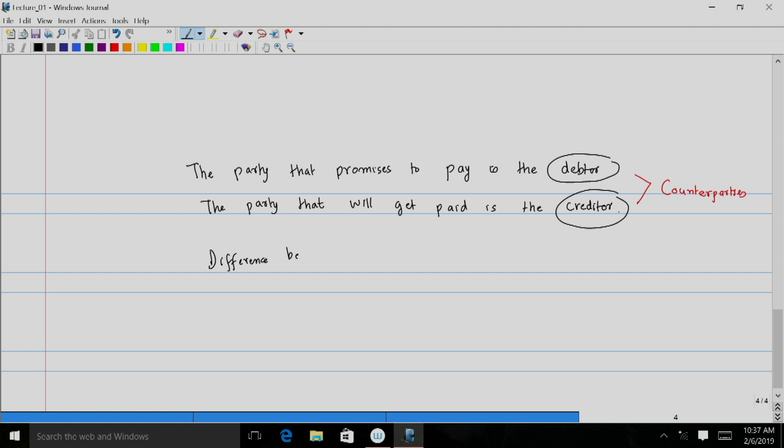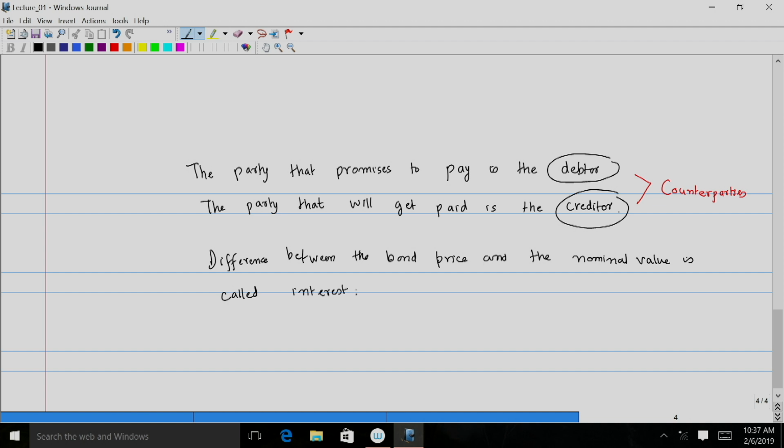Now, the difference between the bond price the creditor pays to the debtor and the nominal value is called the interest. So, essentially what it means is that when as a creditor you are purchasing a bond, you are paying a certain amount of money, and in return you will receive the promised amount at maturity. So, the difference between these two is the interest on that particular bond. So, this means that I can write this as: difference between the bond price and the nominal value is called